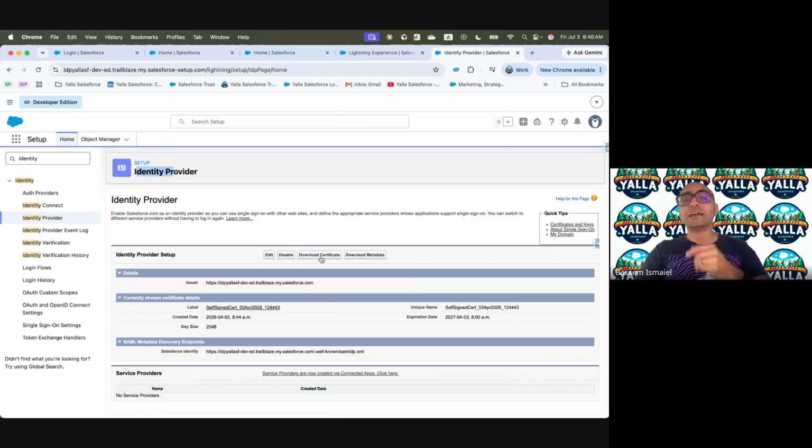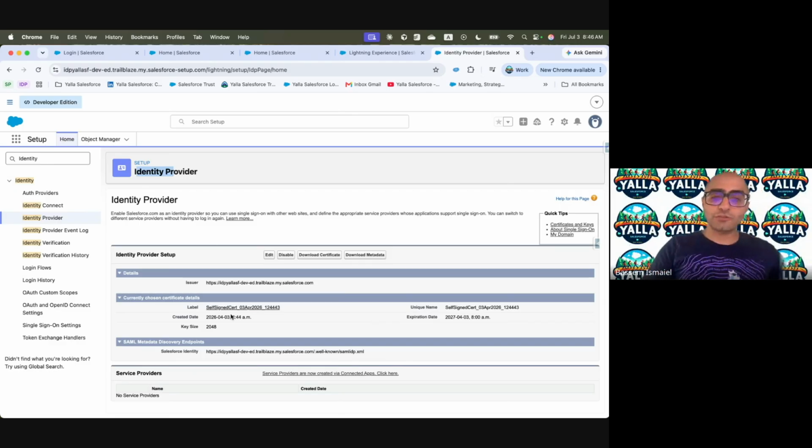So in here, when I download the certificate, this is a self-signed certificate. That means it got generated and self-assigned within Salesforce, so it's free. There is no signing authority added to the picture in order to sign and make sure that we are talking to each other. So back to your question, the identity provider itself can be Salesforce, can be anything. The service provider, the service, can be Salesforce, it can be Outlook, it can be Gmail, it can be anything. But in this specific demo, we are using Salesforce as an identity provider, and we are using Salesforce as a service provider, so you can see both configurations. Make sense?